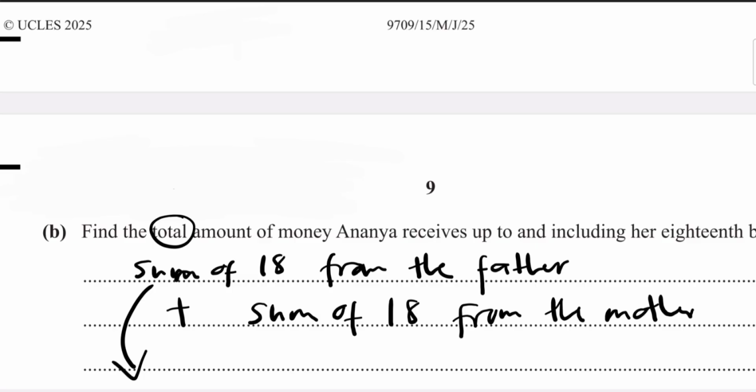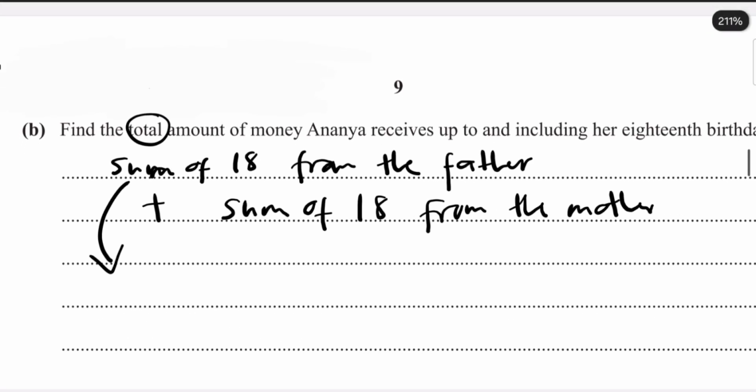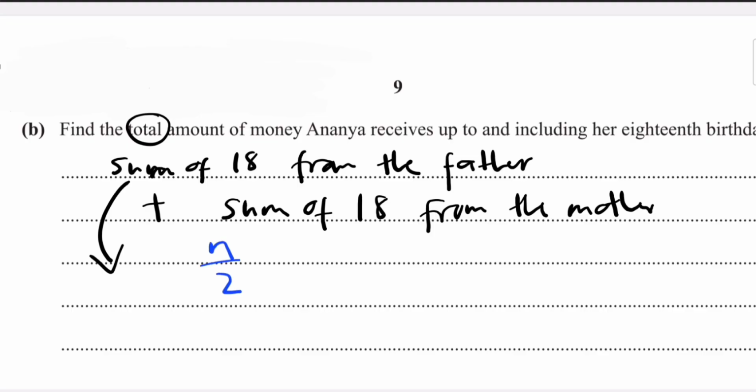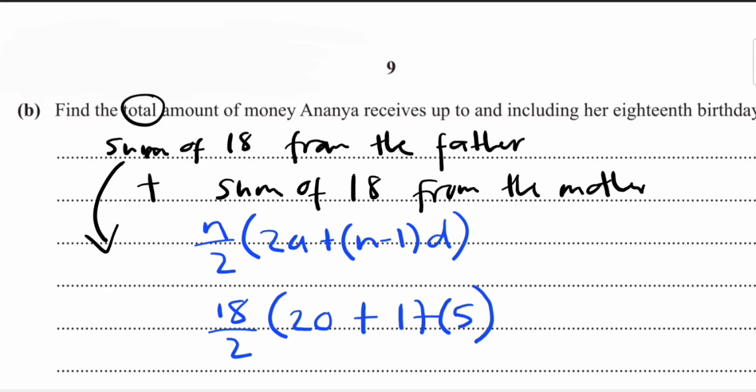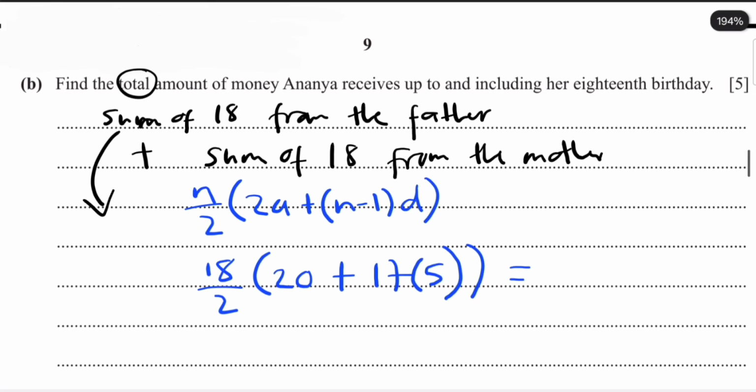So starting with this one, we are going to have n over 2 times 2a plus n minus 1 d, right? That's the formula we're going to use for the father. So for 18, it will be 18 over 2 times 2a, which is 10, that's 20, plus 18 minus 1, that's 17. Our d is 5, right? And this gives us 945,